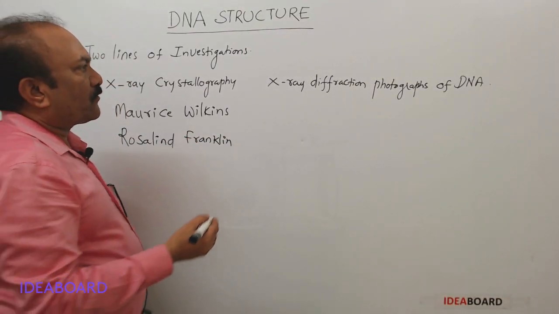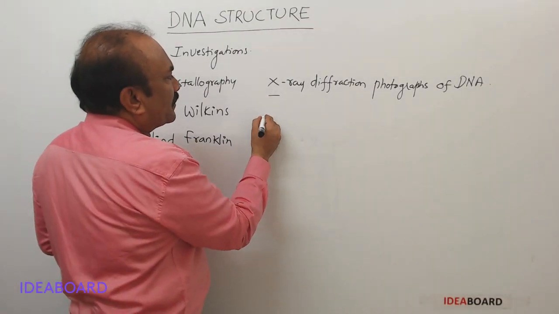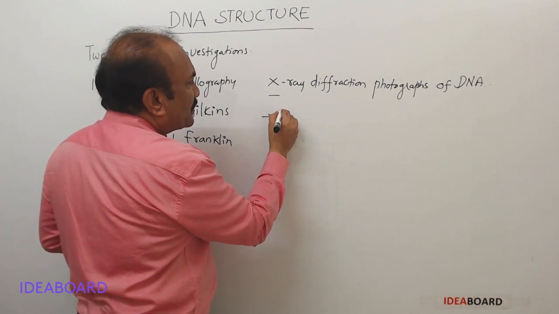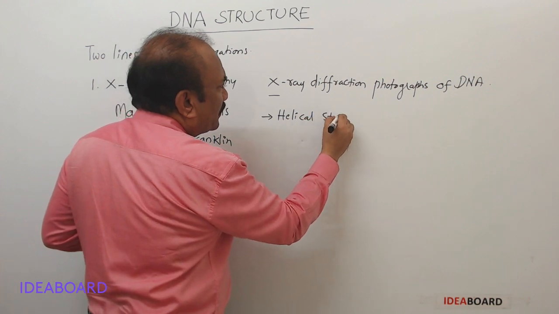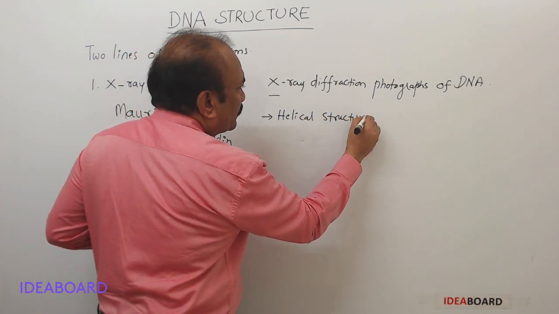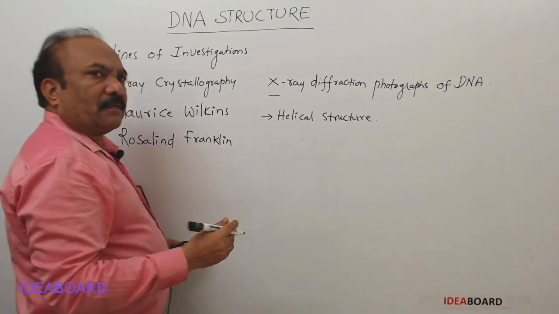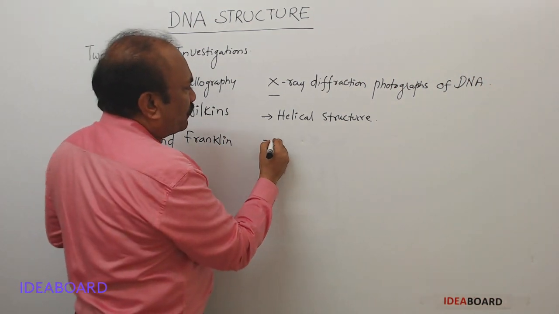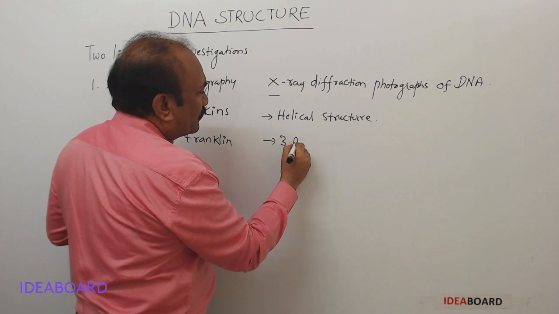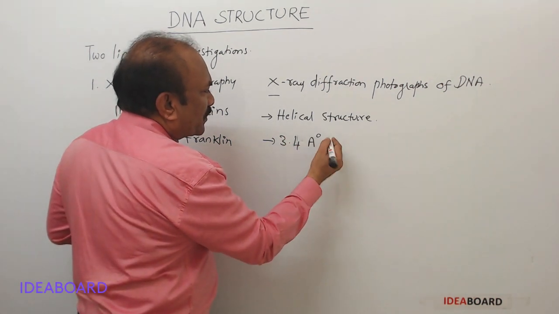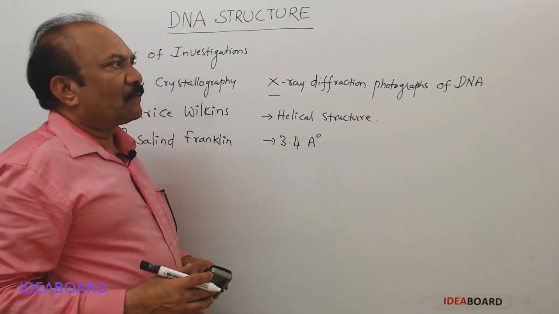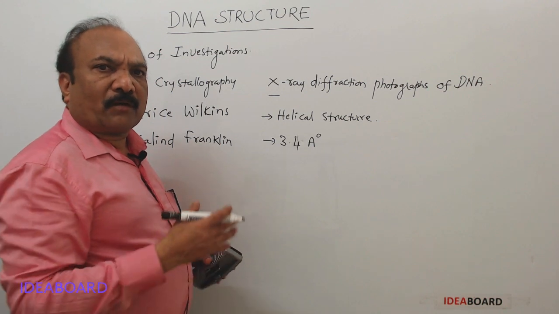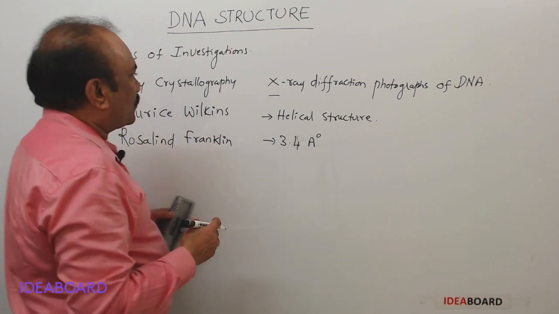Through these photographs, they concluded that DNA shows a helical structure with a spacing of about 3.4 angstroms. But they didn't propose any model for this. So later,